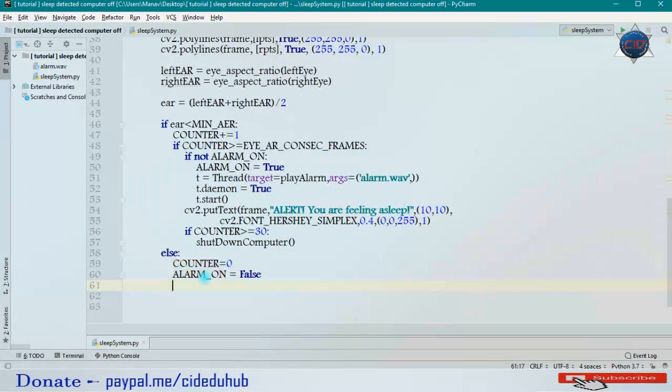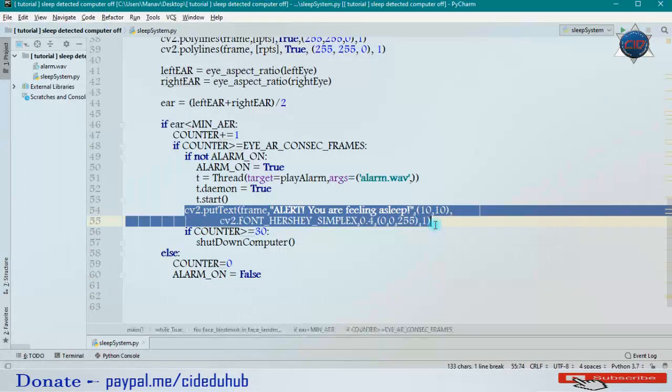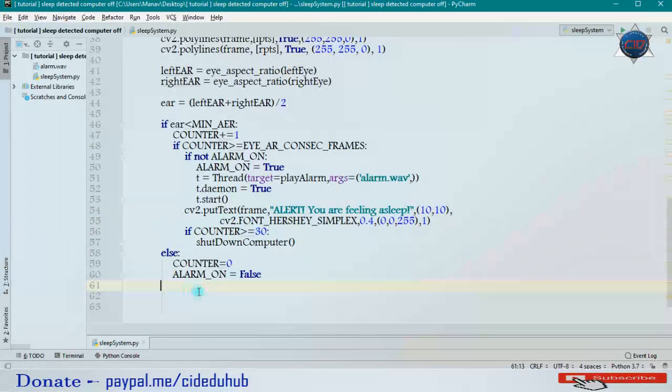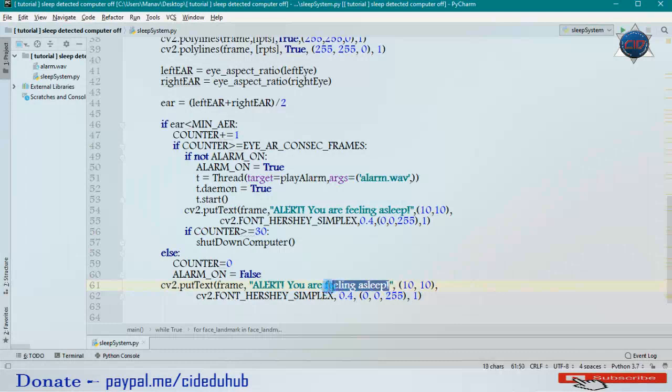Okay, and now let me come outside of this else block, and now I want to show the current aspect ratio on all the frames. So I will call this same thing here. Let me copy this again and paste it here. I will just remove this message from here, and I will write it as aspect ratio, and I will pass it for 2 point float values.